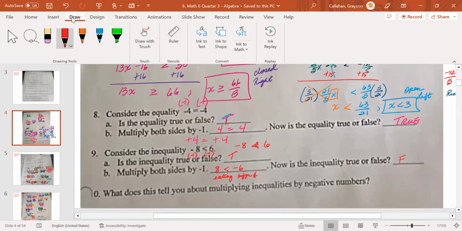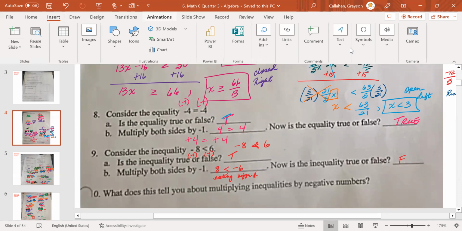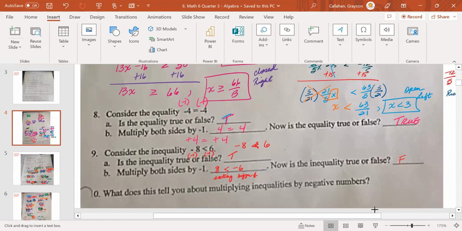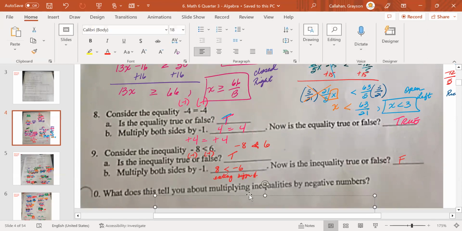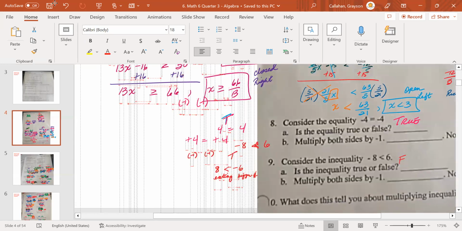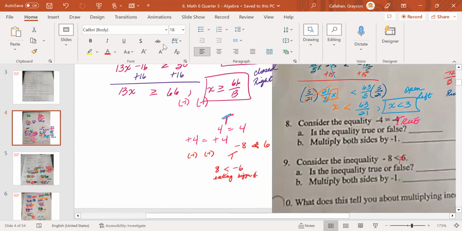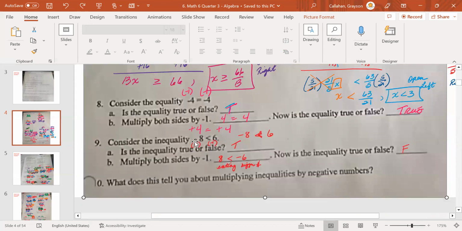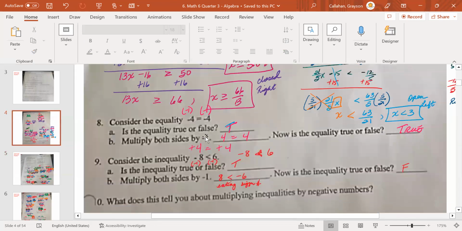What does that tell you? When you multiply a negative number by a negative number, what does it give you? Yeah, so it changes the inequality, doesn't it? Yeah. Okay, so that's what you need to write. So you could say something like,